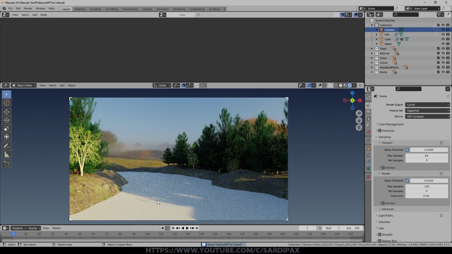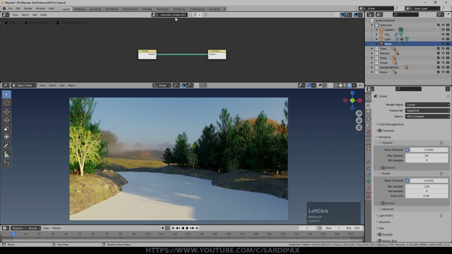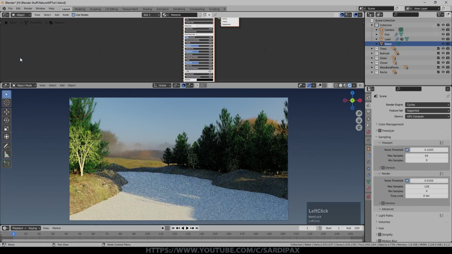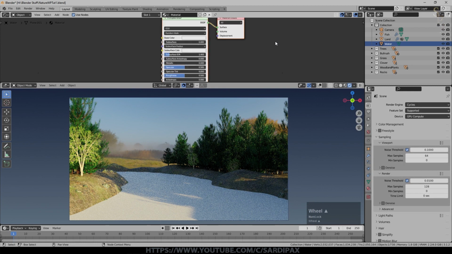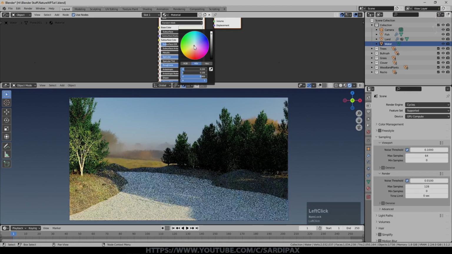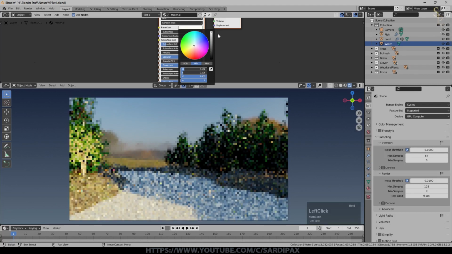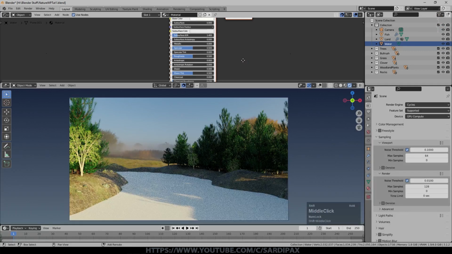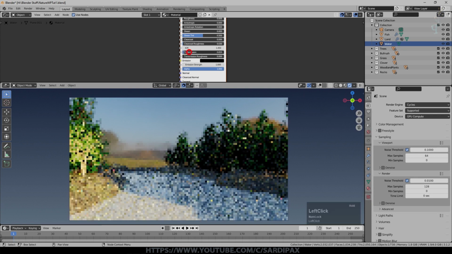Okay, we're ready to do our water material now. So we'll select the water and say new, and we'll go to the shader editor, and we've got our basic principled shader on there at the moment. I wanted the water to have a slight cast to it rather than just be completely clear, but I'll set it to bright. Obviously I want it very shiny, so I'm going to set the roughness to a very low value, 0.005. And the main thing I need to play with now is transmission.